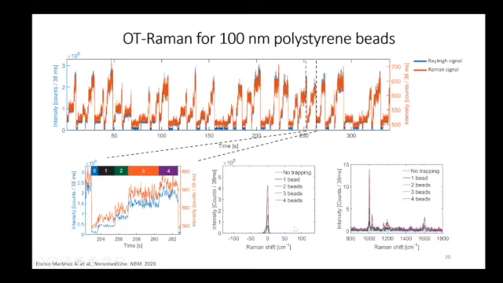And if we want, for instance, we can also get the Raman spectrum of each individual particle. For instance, if we want to know the chemical composition of this particle that was trapped here in the third moment, then we can basically get the Raman spectrum of this one and subtract the contribution of the Raman spectrum of this moment, and in that way we can get the fingerprint of single particles.